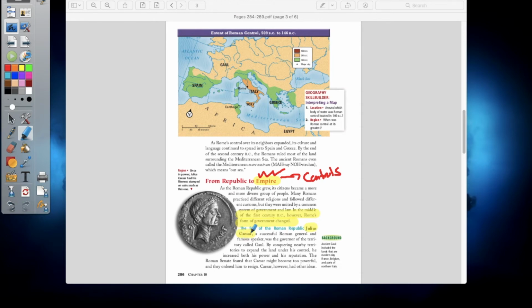Julius Caesar was a Roman general and famous speaker, and he was a governor of no territories, right? What ended up happening, though, is that he was conquering territories in what is known as Gaul. Gaul is modern-day France, is where he was going, okay? Now, as he started conquering new territories, his reputation and his power really grew because people saw him as this heroic force who was conquering, expanding territory for the Roman Empire, for the glory of Rome. He was bringing about large amounts of wealth to the Roman people.